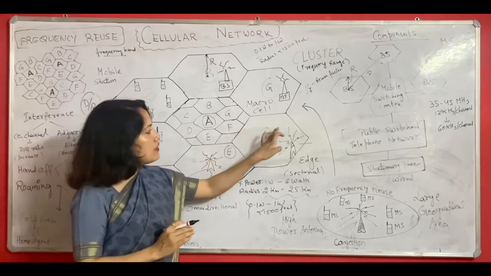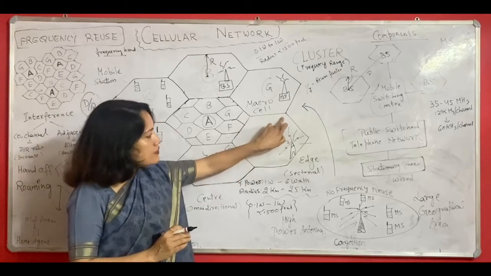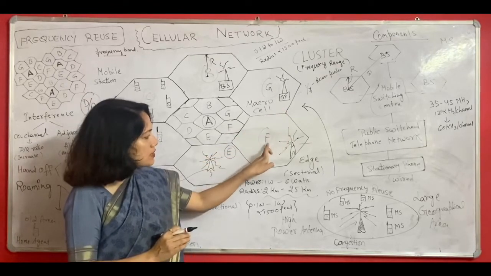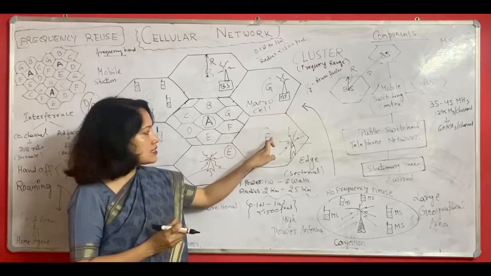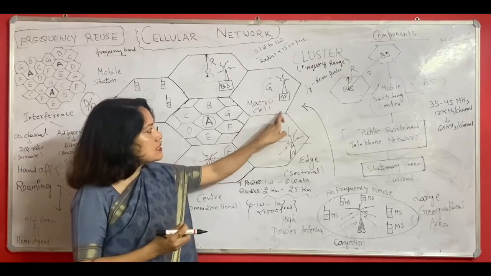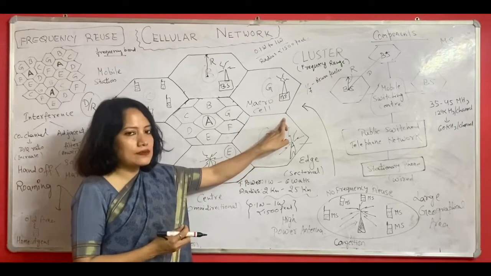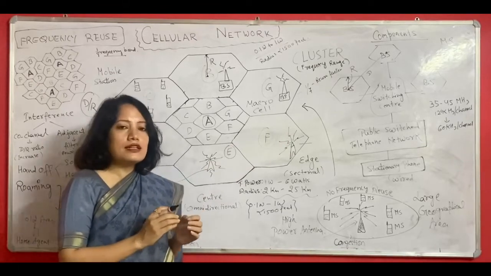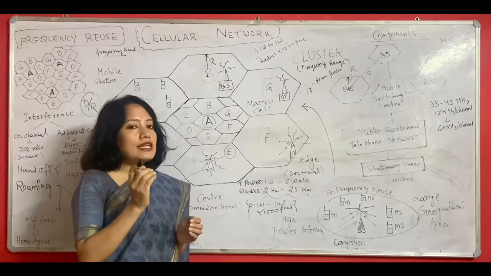So if there is a mobile station placed here, which is receiving some signal from base station S strongly and from this base station weakly, it may happen that this one is sending strong signals and that one is sending signals weakly. In that case, it may receive the frequency from this one, and very weakly from this base station. So this interference happens because of the power difference in sending the signals,